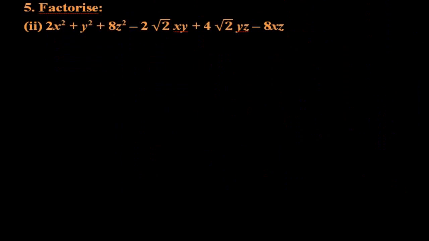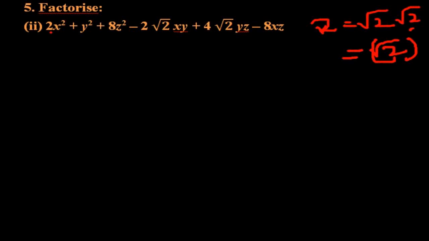For that, the easiest way is, first you find how many terms... here we are going to use square identities because we have squares only here. So how many terms are we able to write in squares? First you try with the first one. How to write this term as a whole square? We know that 2 is equal to root 2 into root 2. Is it or not? So this 2 can be written as root 2 whole square.